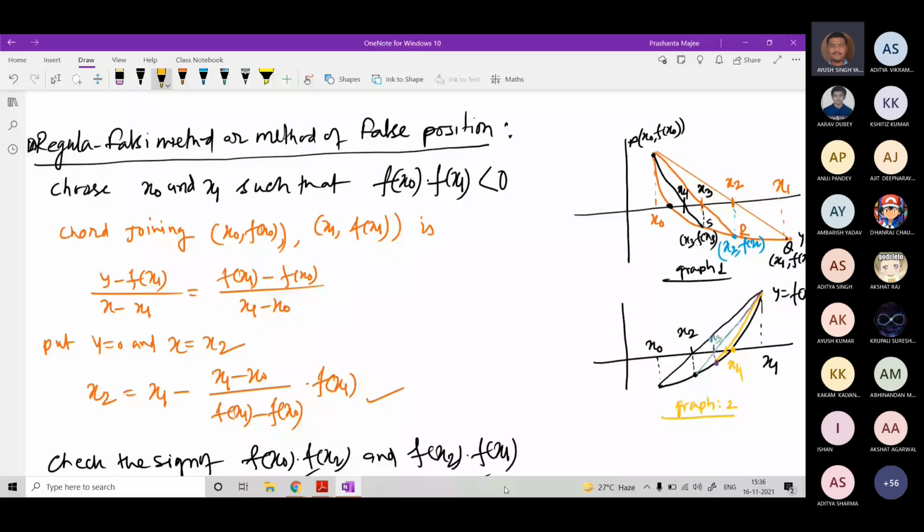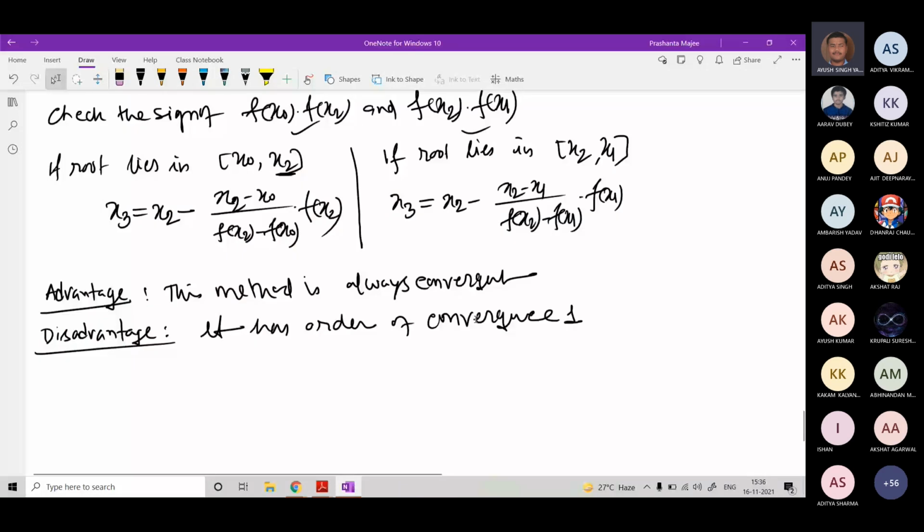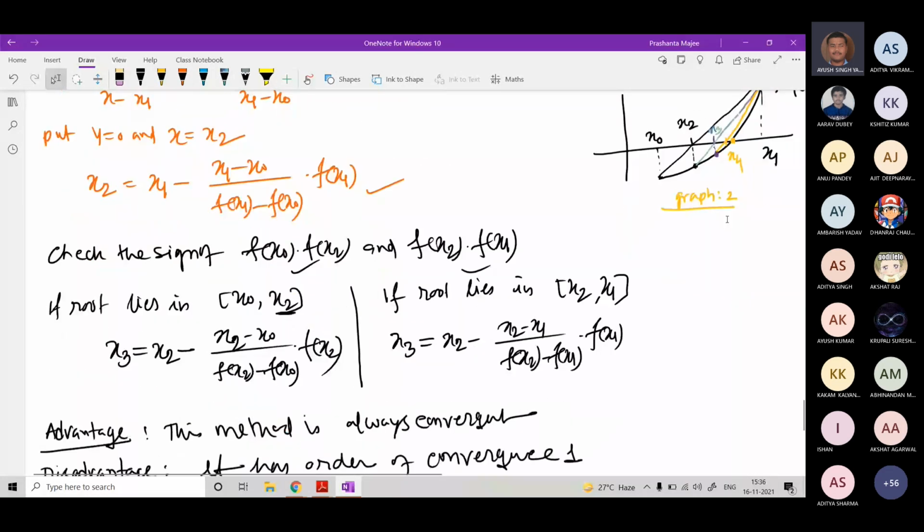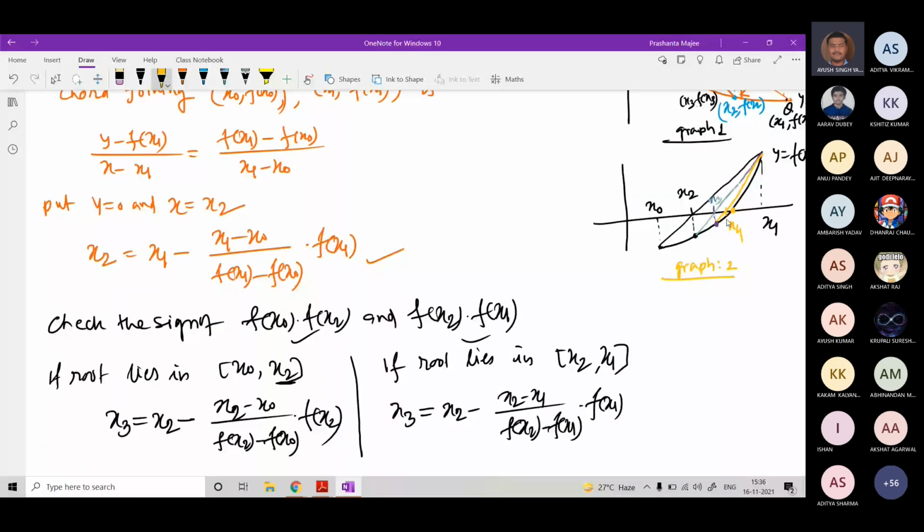Sir, I'll briefly write it down. Yes. Why are you checking for x2, x3, x4 again if we have checked for x2? No, you have to check which subinterval the root will be lying in. This is the simplest case. You are asking why you keep on checking the sign after the second iteration, is it not? Yes, sir. We have considered a very simple graph. The graph may not be like this. The iterates we are getting may be outside of this interval. The x2, x3 we got may also be on this side.